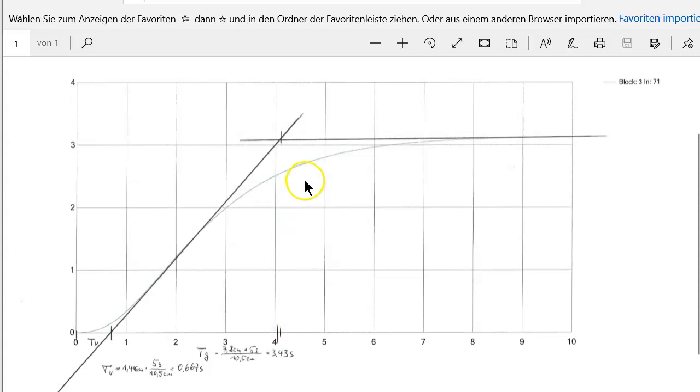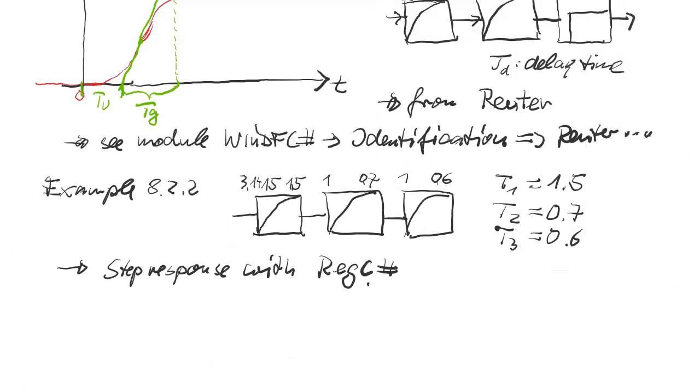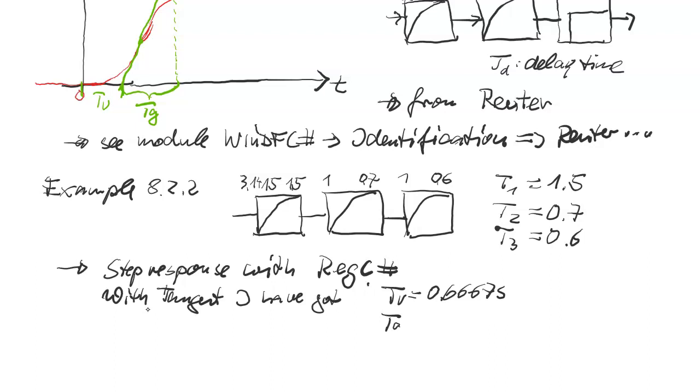These values I have typed in the WinDF-C# module, so I make a note. I have got TU is 0.6667 seconds, and Tg is 3.4 seconds. Okay, now with Reuter